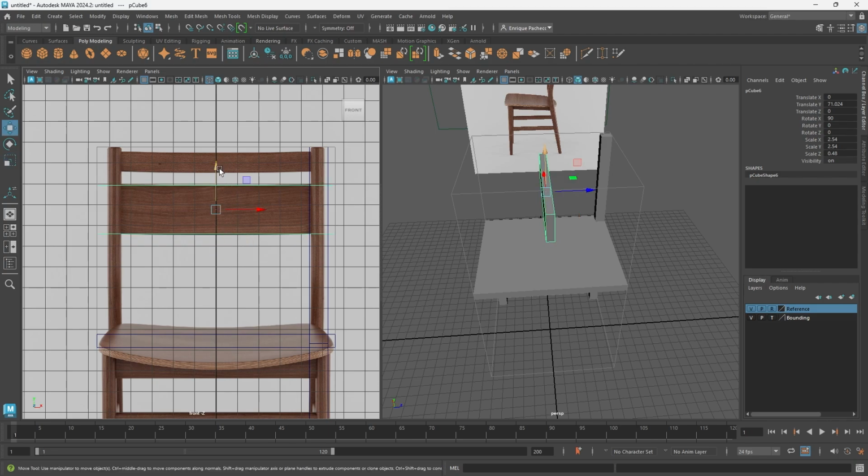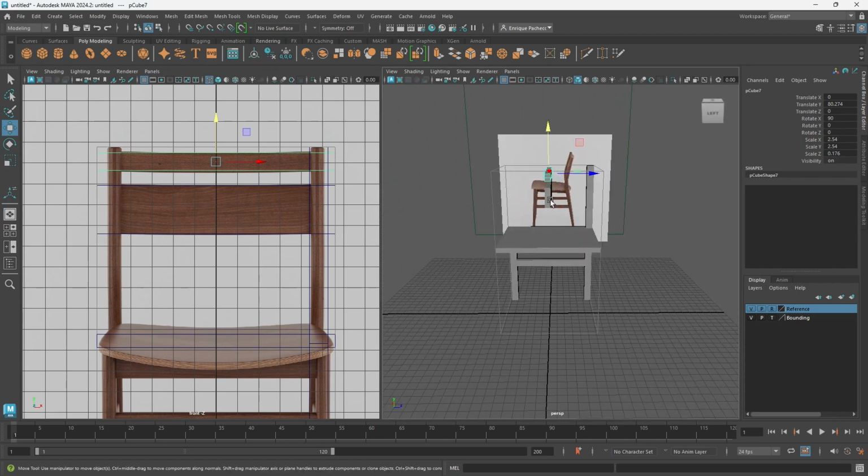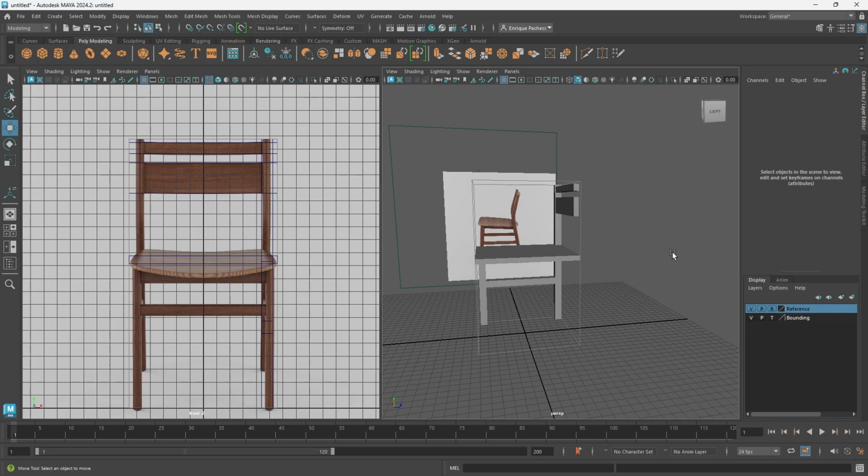Good. And one more for the top back panel. There we go. So this is our blockout. Oh, let's go ahead and move the back panels to the back of the chair. Now that we have our blockout finished, let's start adding in those details to get it as close to the